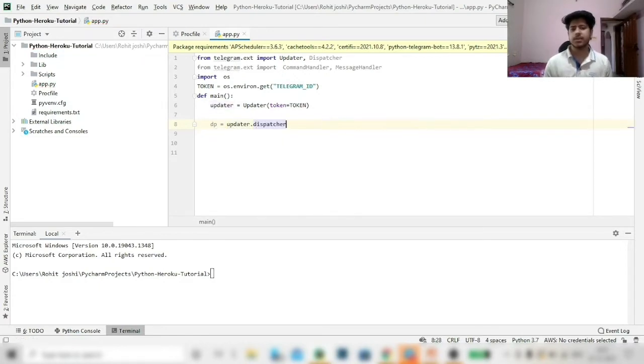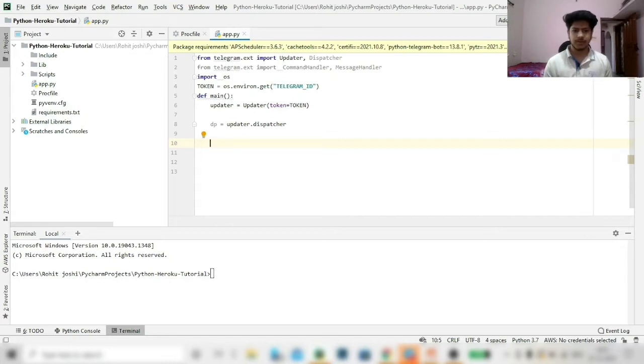We can create a dispatcher like this. Now we need to create handlers. Handlers are like, whenever you send a message, maybe to Telegram, in the case of a bot there are other ways also, like you can use a command, or if you are sending a message, there are different types of it, like a text message or an image or a video you are sending. So we can filter these things also. In Telegram there are handlers to handle all these types of requests.